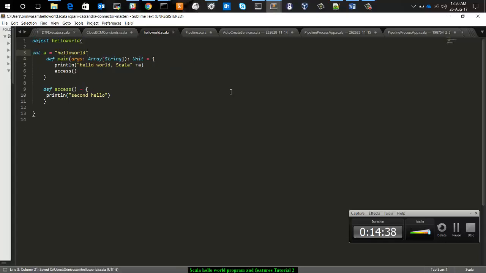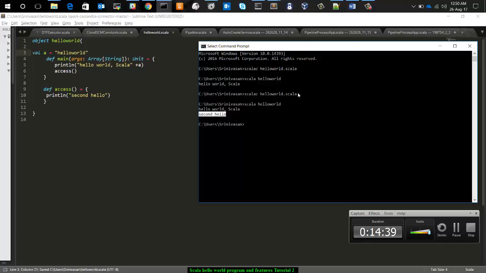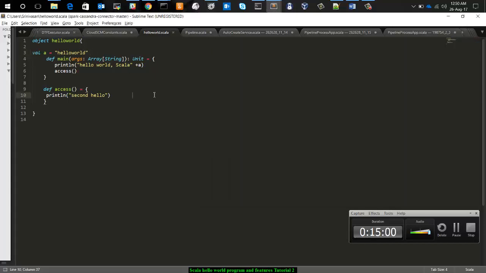I am saving this program and I am running. You can see that the variable I have declared is called inside the application string.